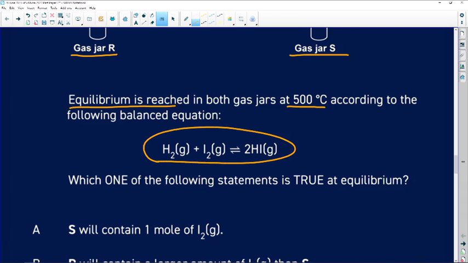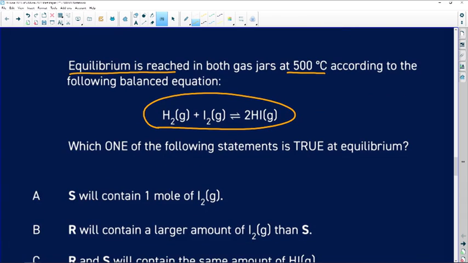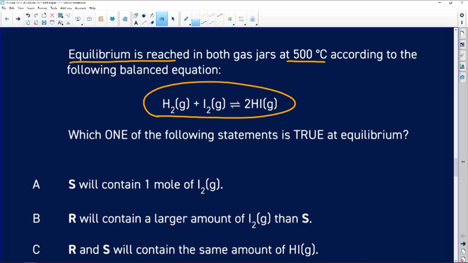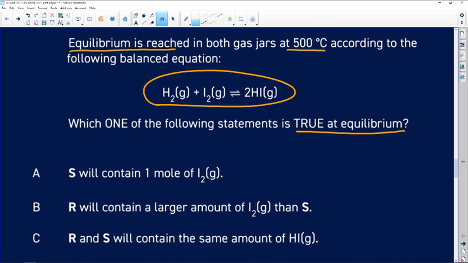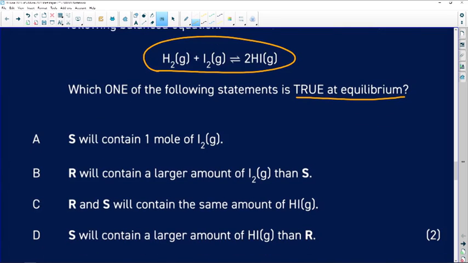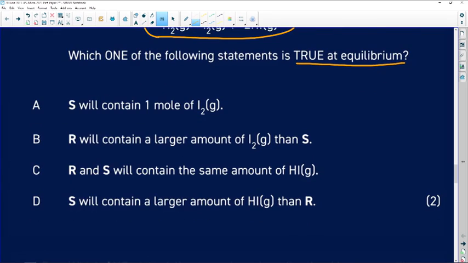Now what is the question for 1.6? Which one of the following statements is true at equilibrium? What we know about equilibrium is that the rate of the forward reaction should be equal to the rate of the reverse reaction. Now, which option will tell us the rate of forward will be equal to the rate